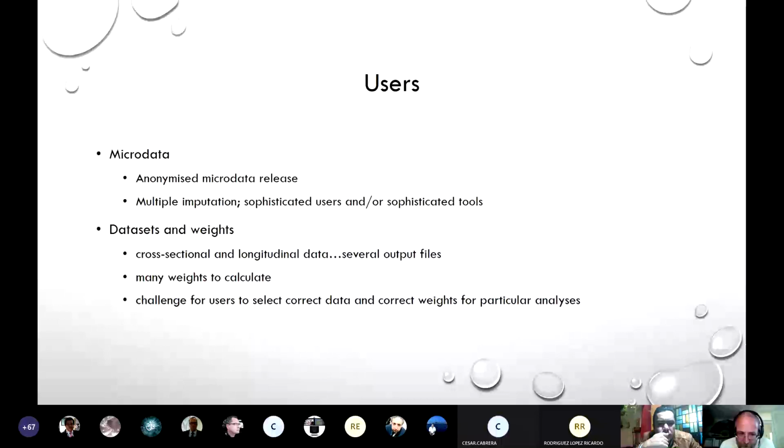And just a warning that for longitudinal type surveys, for panel surveys, data sets,